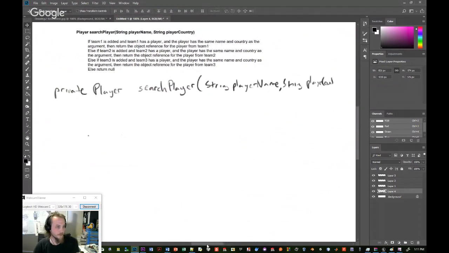There's a bit more room to work with. All right, so we've got string player country. Now, if you were designing this yourself,